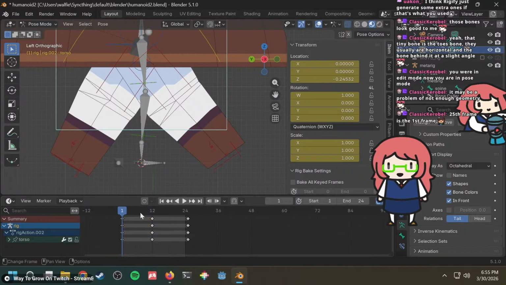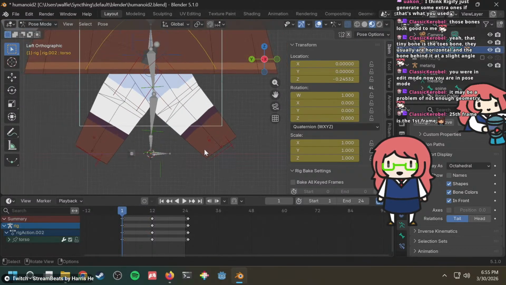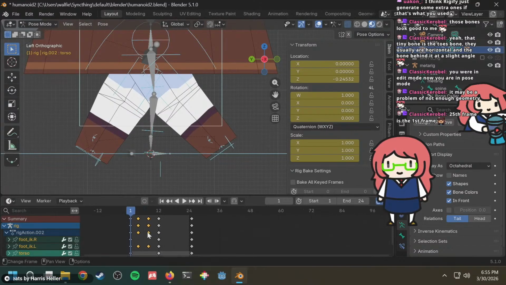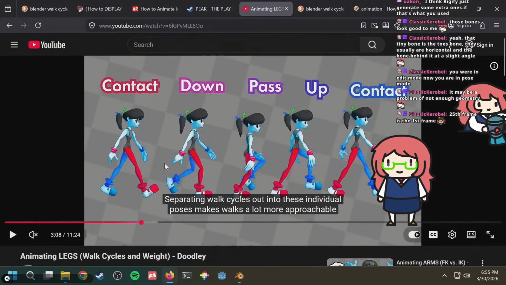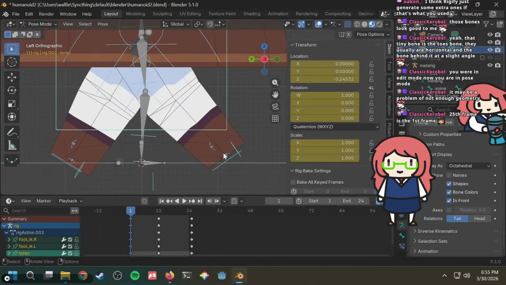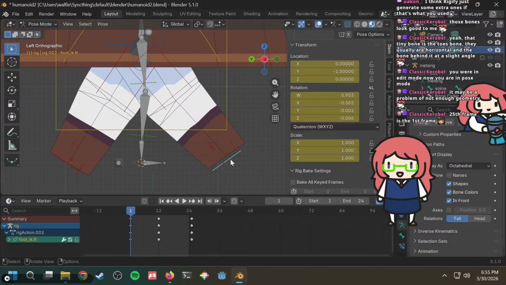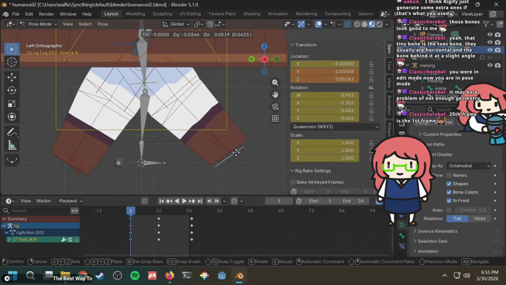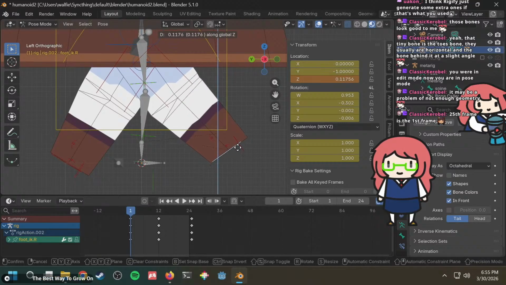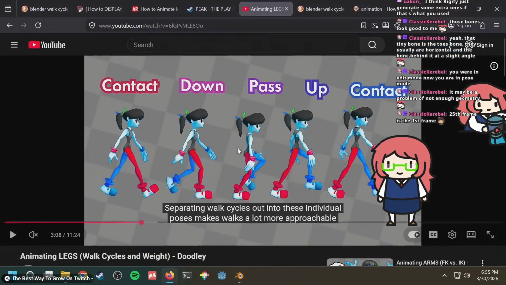Delete these. Alright, so in the initial position, select everything. Let's also delete these. Alright, so in the first pose, we have contact. Contact is this one. Should be in contact with the ground.